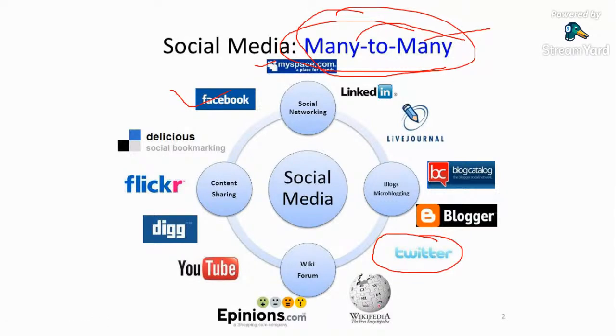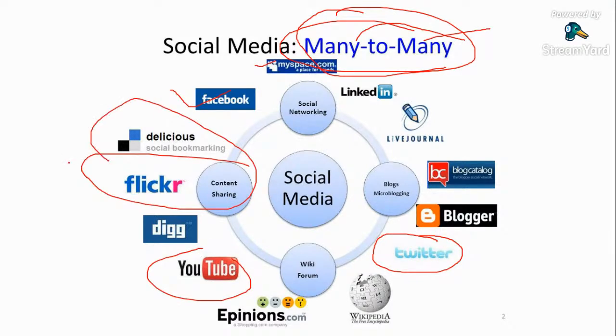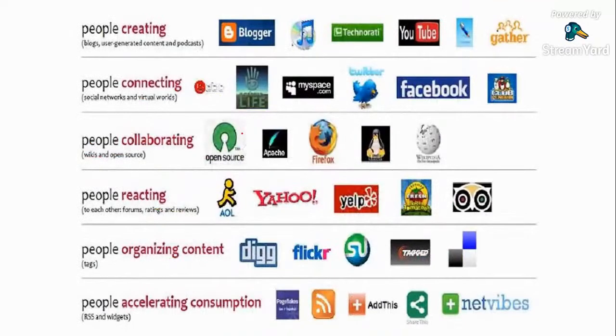Then social streaming, then knowledge sharing, with the use of photographs and others. Then bookmarking sites. All these things are social media, and they are part of social computing. Anyway, this is another very good example, so please understand this. Various aspects are considered here, where people are accelerating consumption. Consumption is not only purchasing something, but also getting some information and updates from a website.